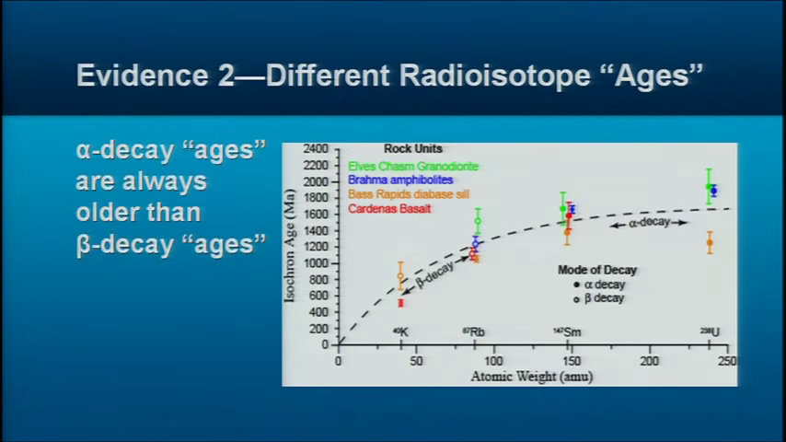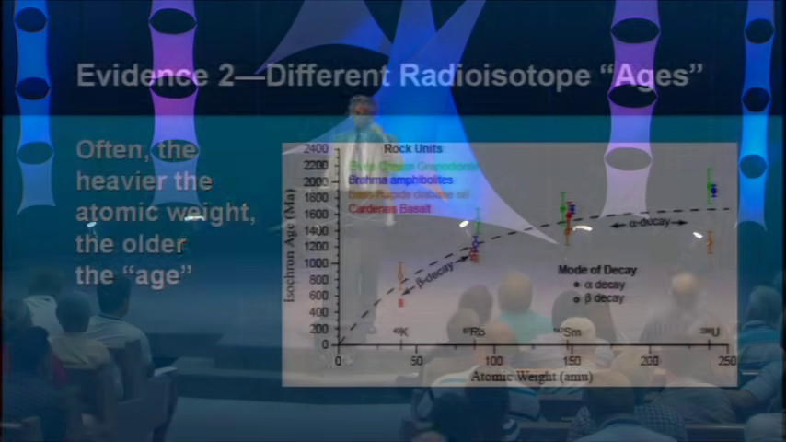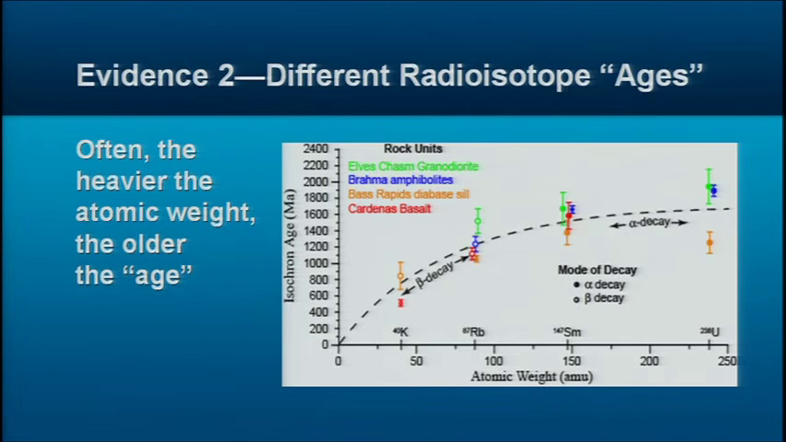So rubidium, which had a slower decay rate, was always older than potassium, which has a faster decay rate. And we can also look at the atomic weight. And again, we find that the heavier atoms always give older ages than the lighter atoms. And therefore, there's a relationship to these ages between the decay rate and the size of the atom and the